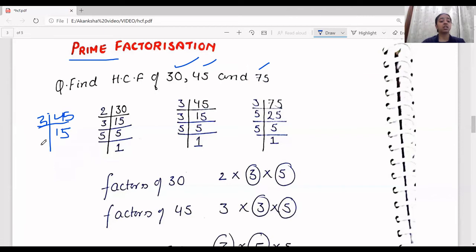Now, moving ahead, can you divide 15 by 2? No. Can you divide 15 by 3? Yes, you can divide 15 by 3 and you get 5, as 3 5s are 15. Now, moving ahead to finding out the prime factors of 5. It's not 2, it's not 3. Yes. Can you divide it by 5? Right. You can divide it by 5. So you get 1. So this is how you find out the prime factors of 45.